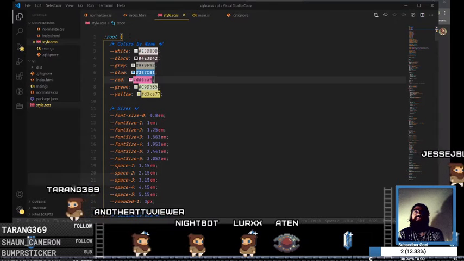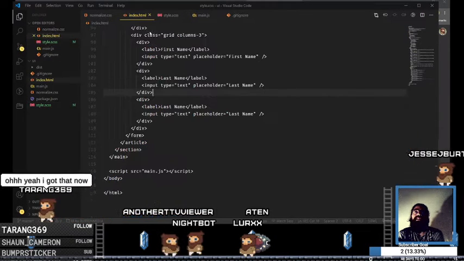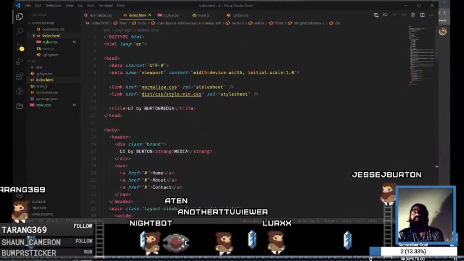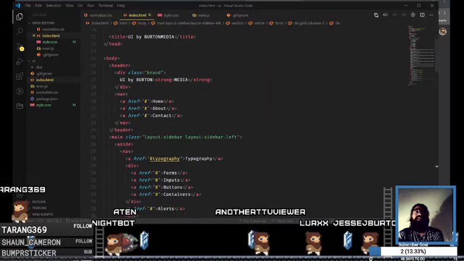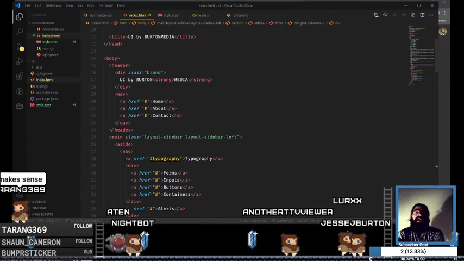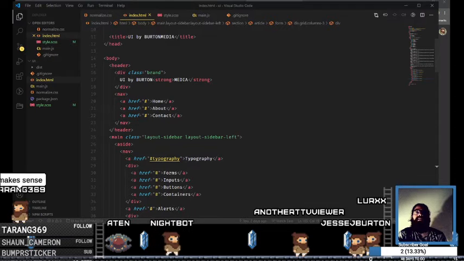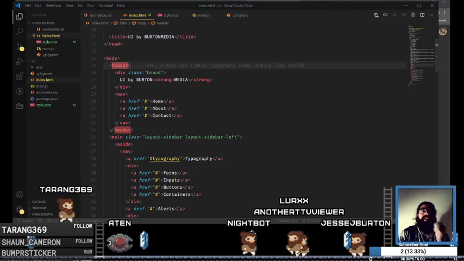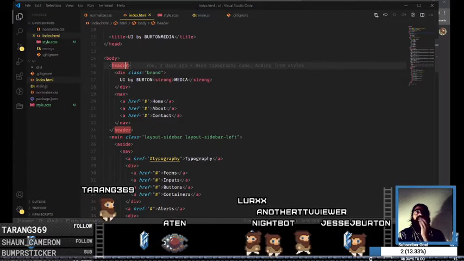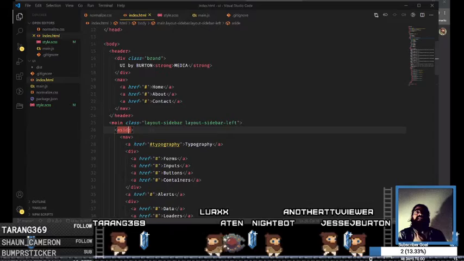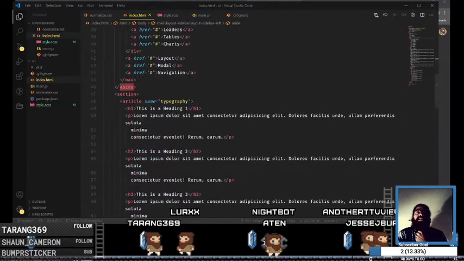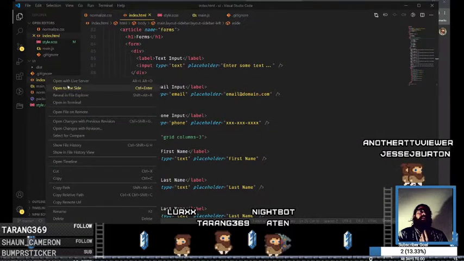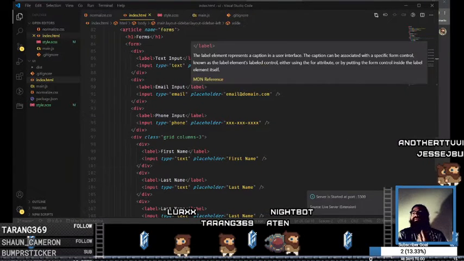So the idea is, rather than naming things with classes, if you write really good markup, which means labeling things appropriately, you can make your HTML a lot cleaner. And now that we have these header elements, things we didn't have before, so these are fairly new. It's been about 5 or 6 years since we've had them, but you can label things a header, you can label things a main and an aside. And so in here you can see this is super clean markup, right? And so if I open this with live server,